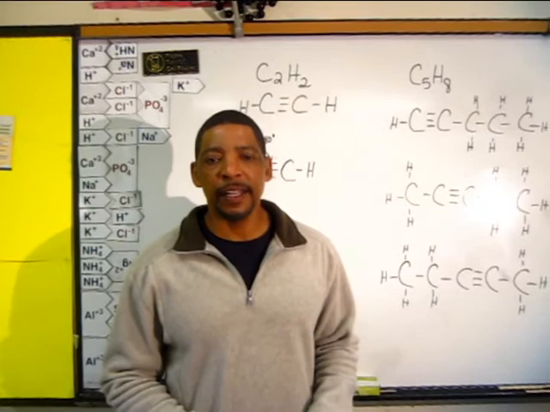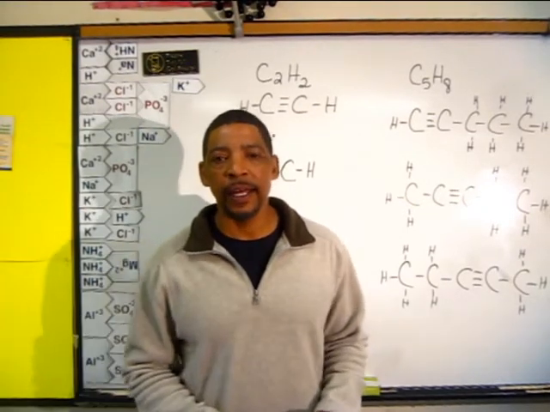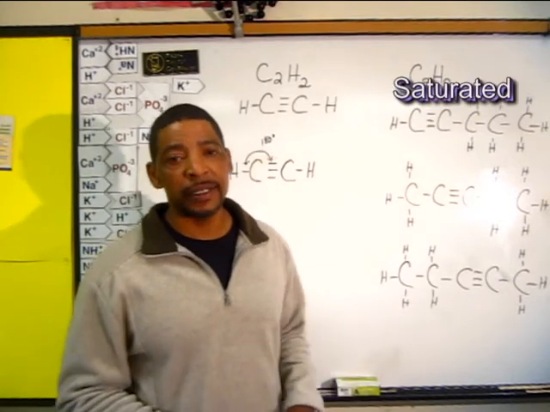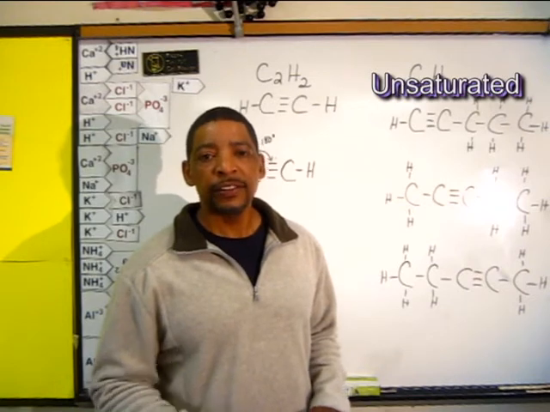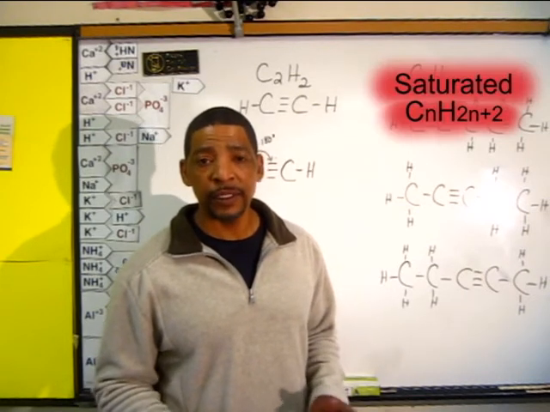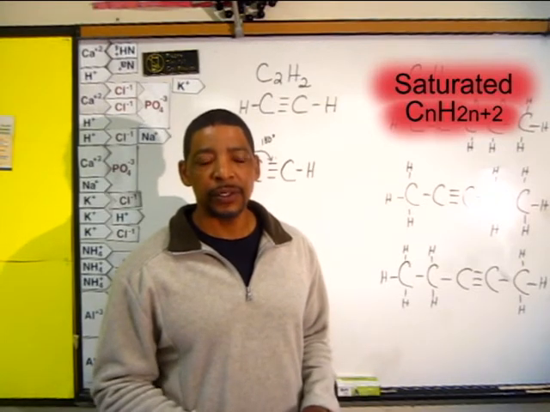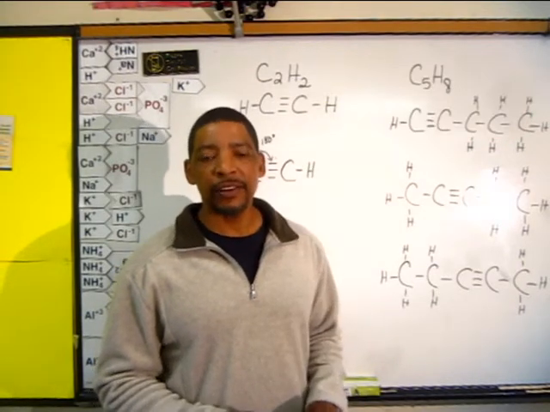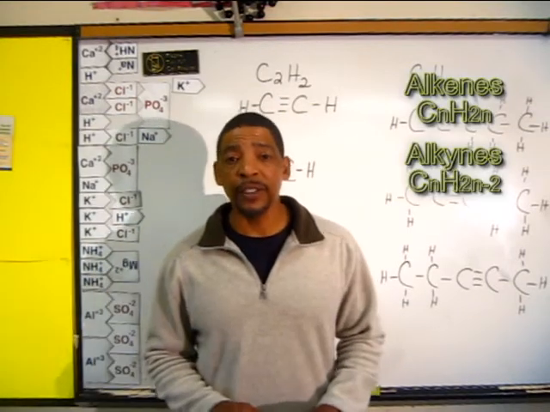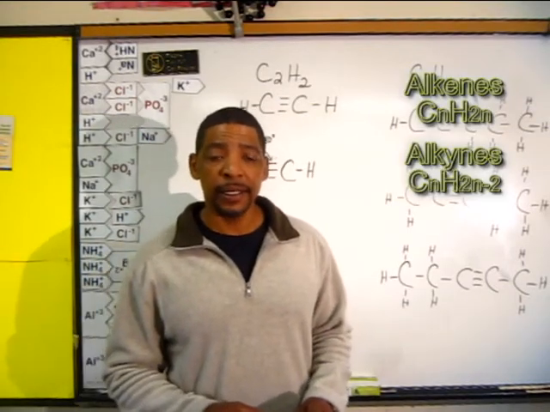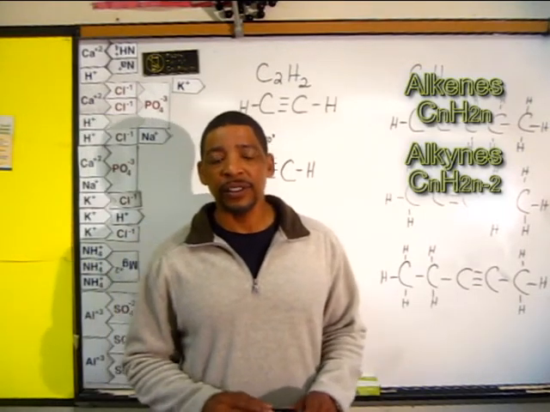Millions of hydrocarbon compounds exist in nature. These compounds may be classified as either saturated hydrocarbon compounds or unsaturated hydrocarbon compounds. Saturated hydrocarbon compounds will fit the general formula CnH2n+2. There are two classes of unsaturated hydrocarbon compounds: the alkenes, which fit the general formula CnH2n,